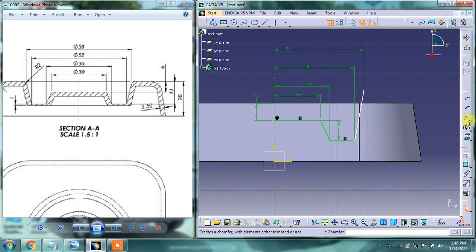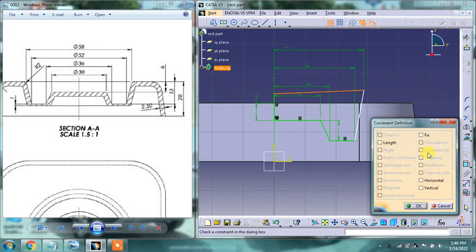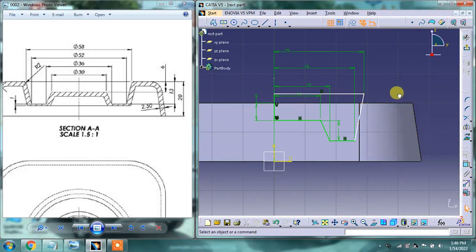First I need to close this sketch. So I'm drawing a rough line from this point to this point. Click and assign the horizontal constraint to it. And now I'm also assigning the height so that it can get fully constrained.